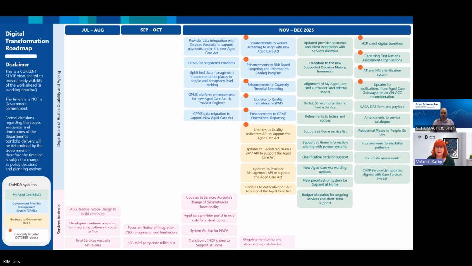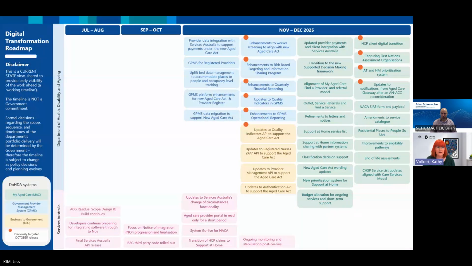So we have got a high-level cutover plan that talks about the 1st to 5th of November being read-only, and then from the 5th of November, that is pretty much the switch on when all the work starts basically progressing through, and the means test assessments will start to be actioned from that point. So that's for the cutover weekend.